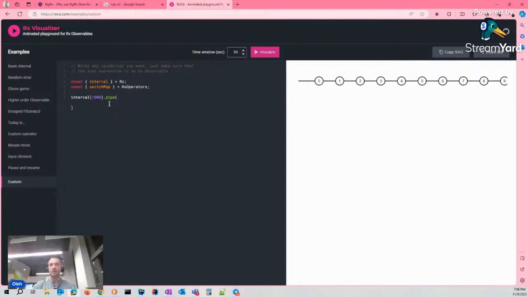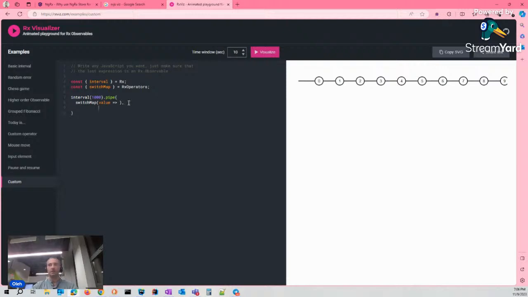It is one of the most used operators. This switchMap can take the value that we passed, and this operator should return another stream that will be injected inside and will run.